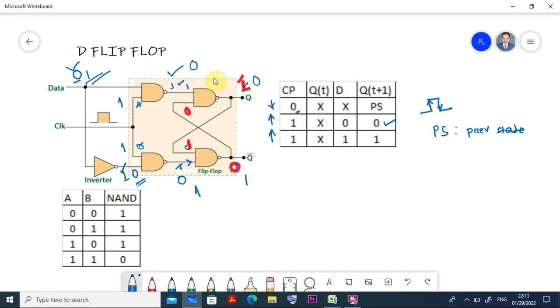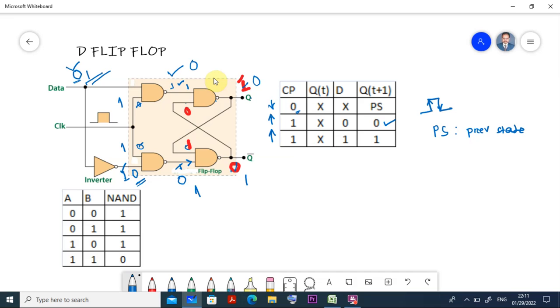Like this, we can prove that when Cp is equal to 1 and d is equal to 1, then this becomes 1, Qt becomes 1 here, right? So in this way you can put, and you can see the NAND gate here also. For the NAND gate, we have 4 possibilities. We can have both inputs 0, 0, 0 and 1, 1 and 0, and 1, 1. What is the AND gate? 0, 0 is 0, 0 into 1 is equal to 0, 1 into 0 is equal to 0, and 1 into 1 is equal to 1. So what is NAND gate?